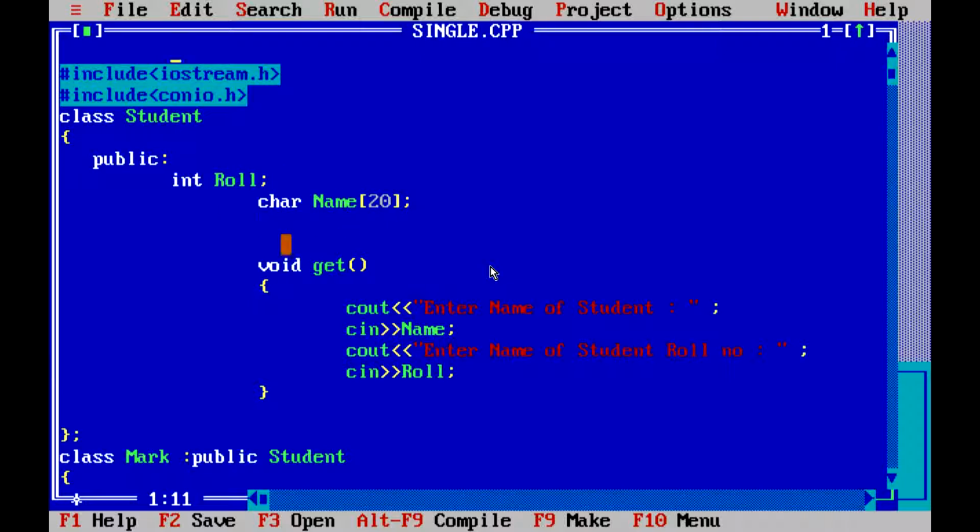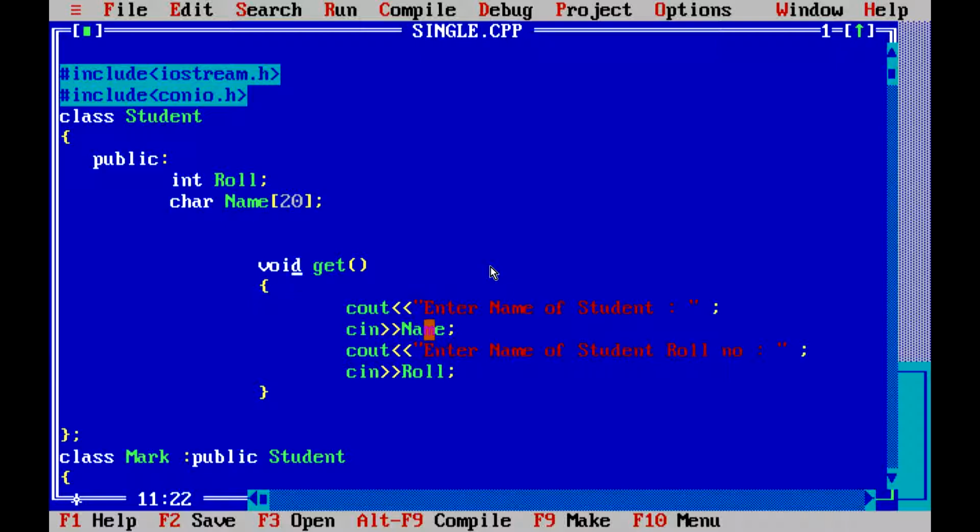Roll number is an integer value, so we take the data type integer. Name is characters, so we create a character array, char name, and the size of the array is 20. Then we define one function to get the data.